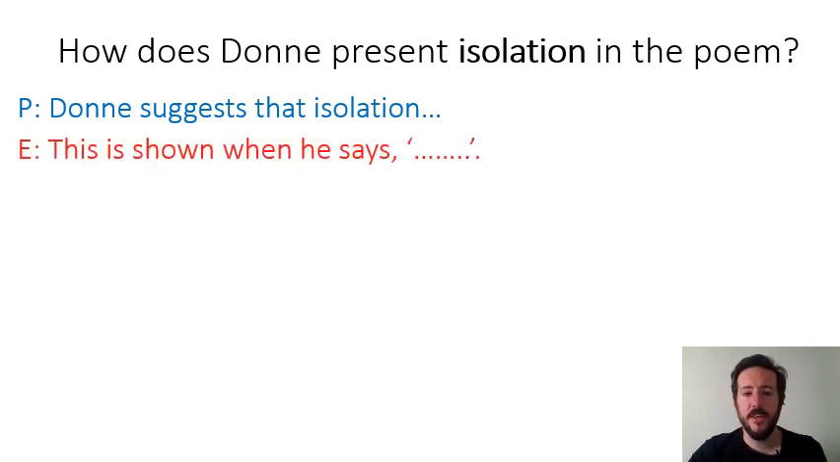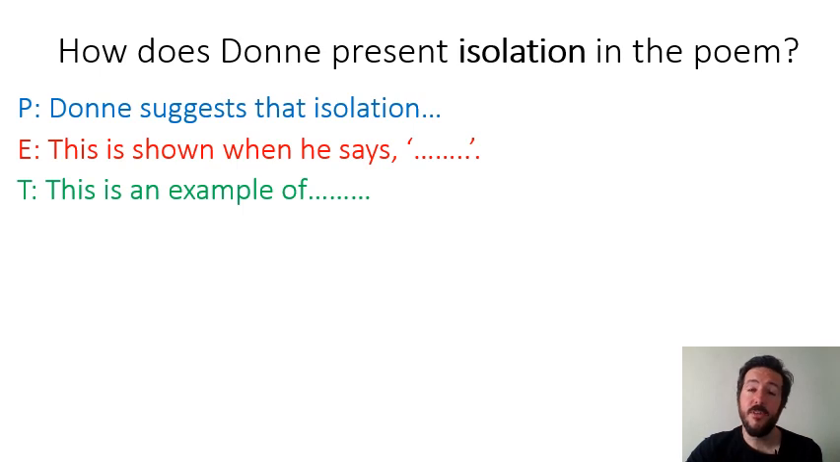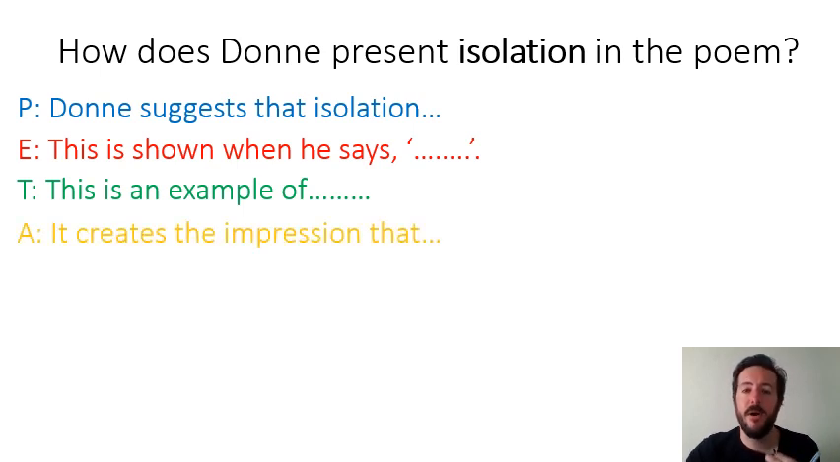This is shown when he says, and I'm going to give a quote to back up the point that I'm making. This is an example of, and here I'll name the technique that's being used. Either it could be a language technique, we talked about metaphor, simile, personification, those ones before, or it could simply be a word type. So mentioning the type of word that's been employed to create an effect. It creates the impression that, so talk about in our analysis how that technique creates the impression on me